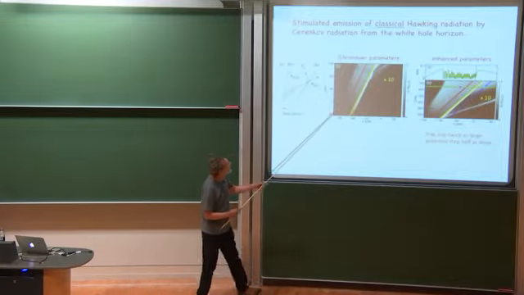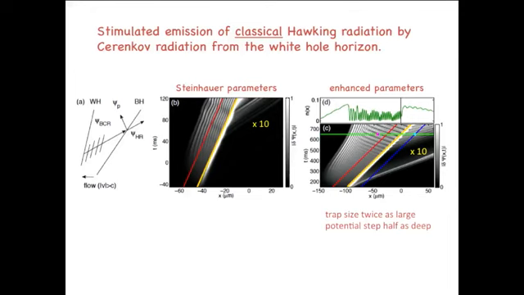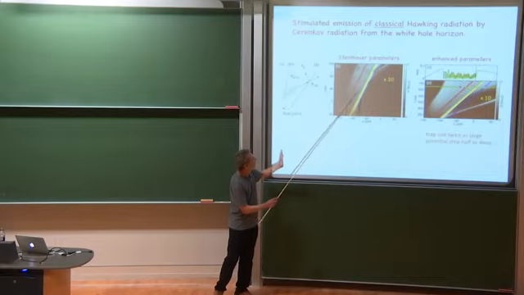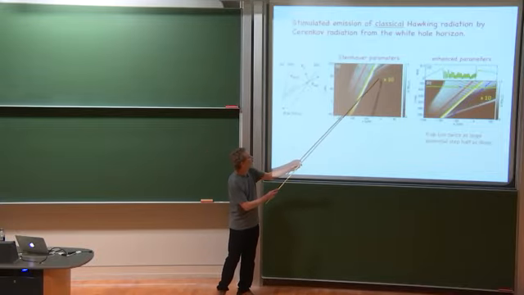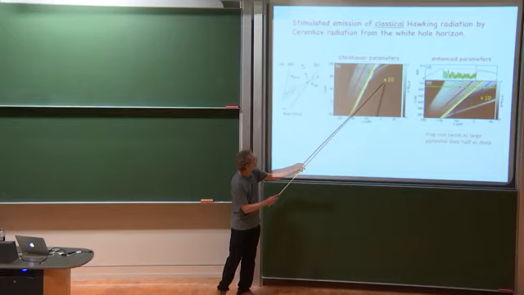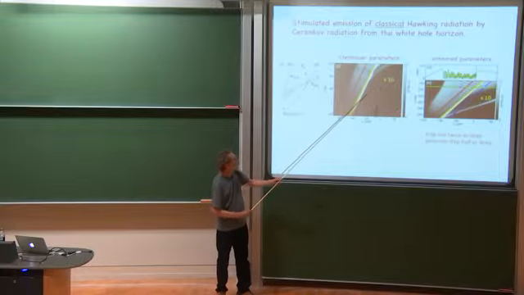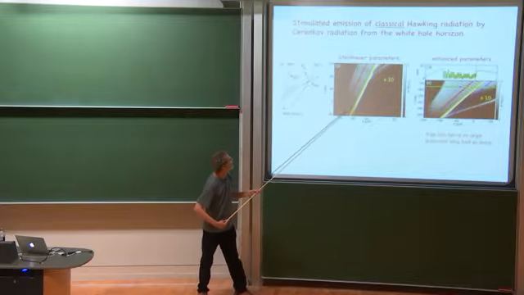So what we're plotting here is the magnitude of the Gross-Pitaevskii wave function. It's a complex function, so it's its modulus. Although on this side, we subtracted out the very slowly varying parts so we could see the Hawking radiation on this side. Here, in fact, not only that, we've scaled by a factor of 10 in the density plot because it's very weak over here. So this corresponds to the parameters as best we could match them to the experiment.